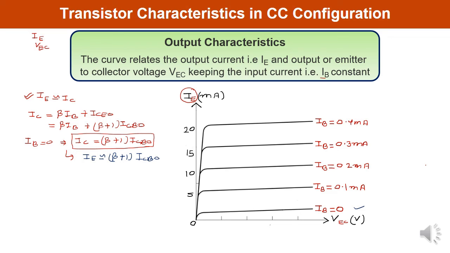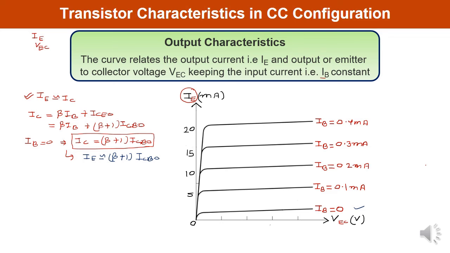But as you increase the value of IB, you can see an increase in the value of IE. Here the curve is not exactly flat, there is a slope, and you can relate it to base width modulation, or the early effect, meaning that when you increase IE, the effective base width W will decrease, and you can see how this impacts the curve.